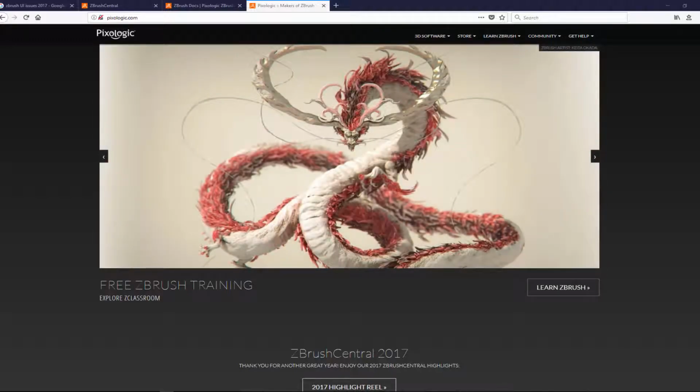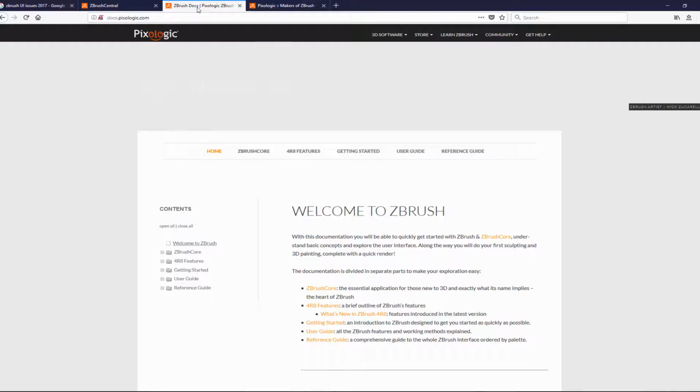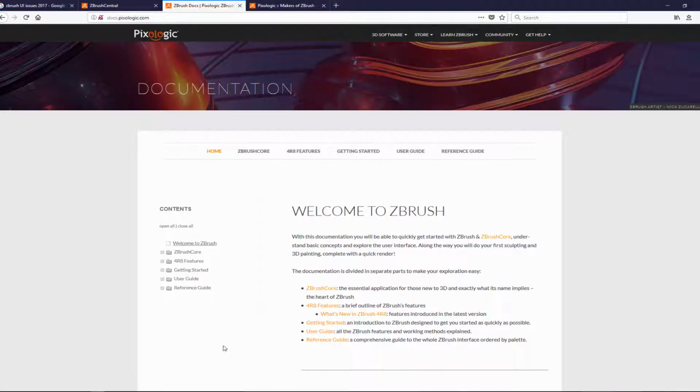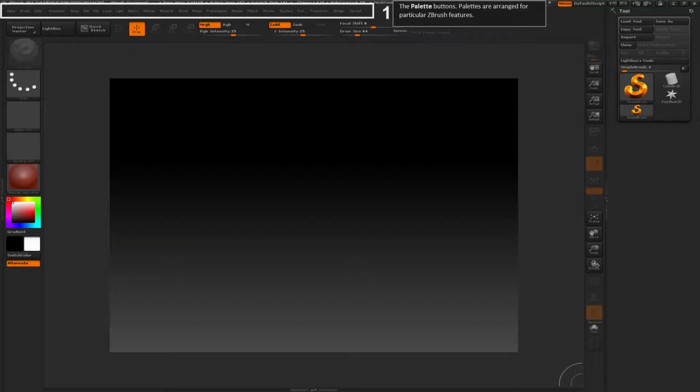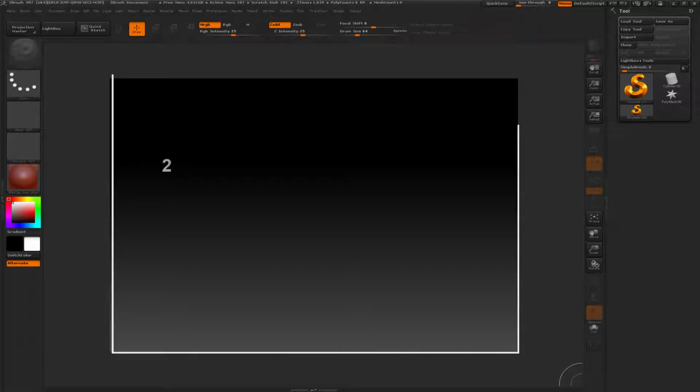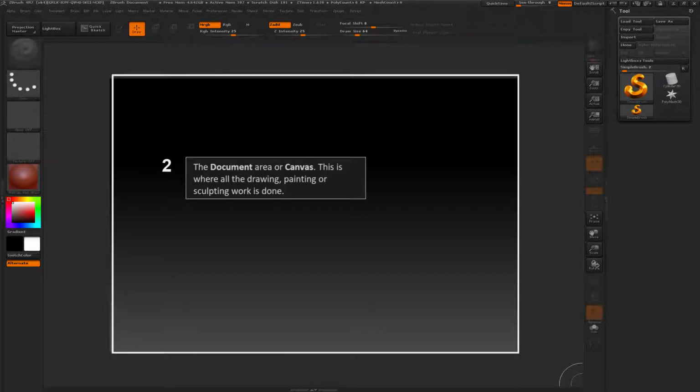ZBrush is a sculpting program and it's very useful, especially for those who have a hard time expressing their design skills in 2D media such as paper or Photoshop. As with any new software, you should familiarize yourself with the layout, tools, menus, and navigation first before you start